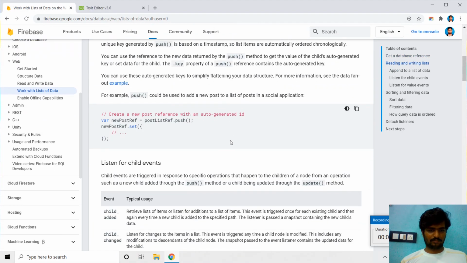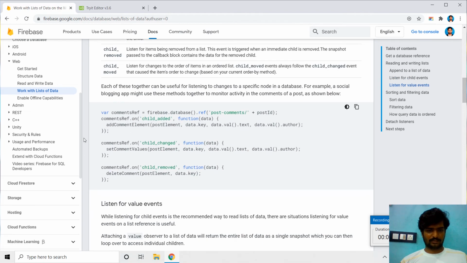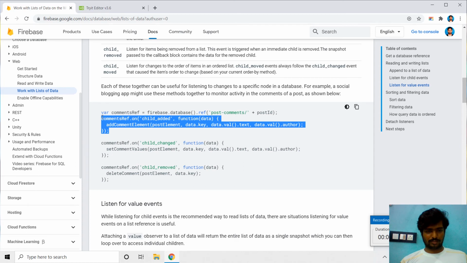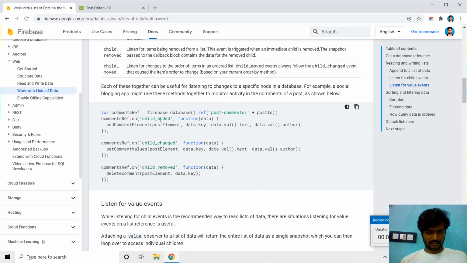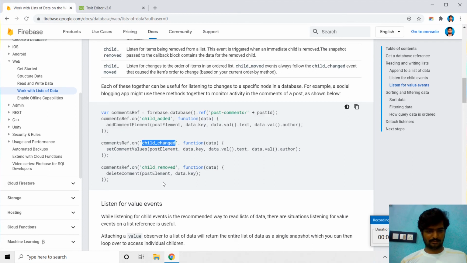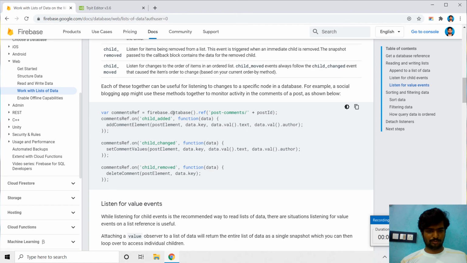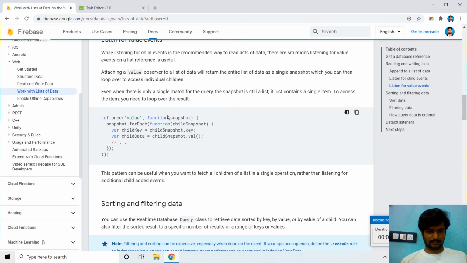And we have a lot of functions in Firebase to do queries. These functions will be triggered on events, like child added, when one new child is added to your database. This method will be triggered if you write it in your code. Like that, child changed and child removed are handled internally by Firebase. You just need to use those in your code. That's it.